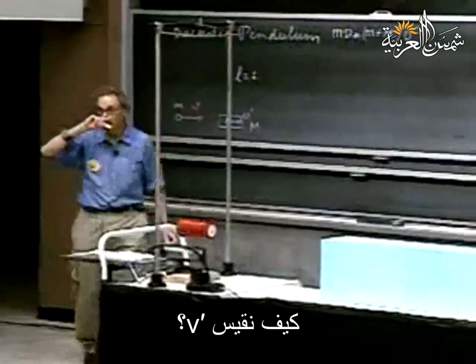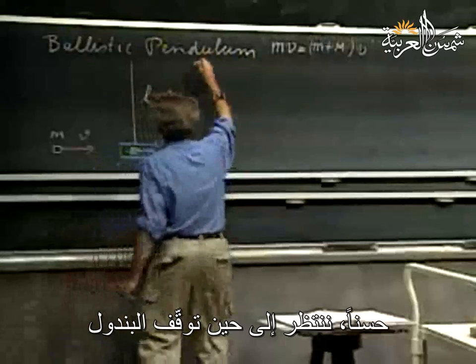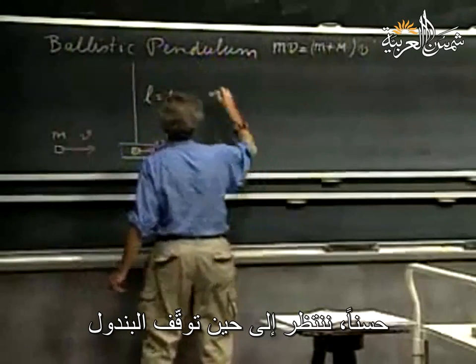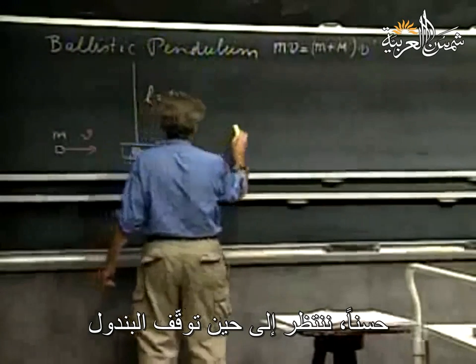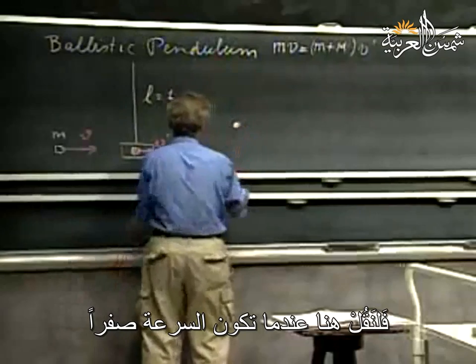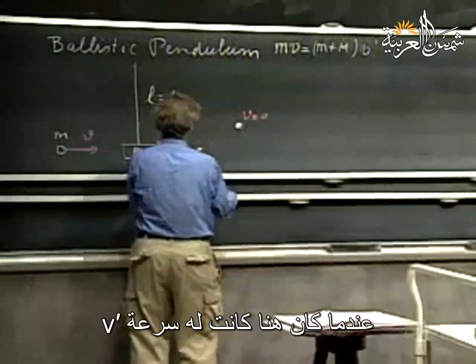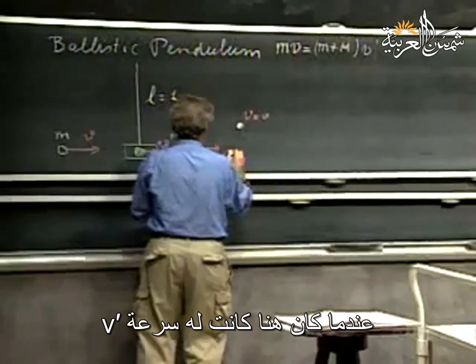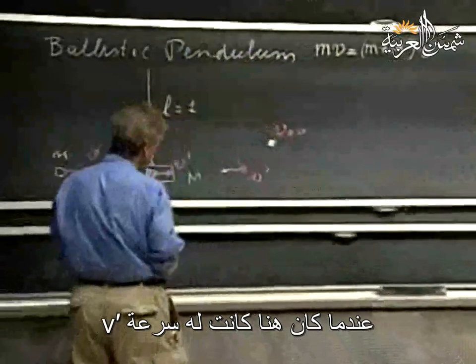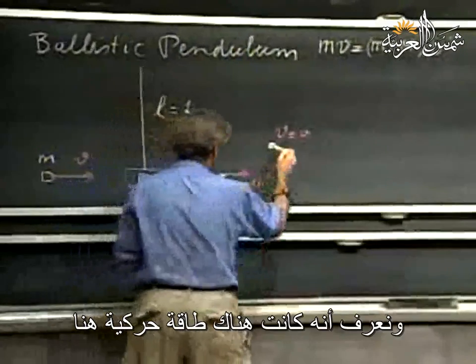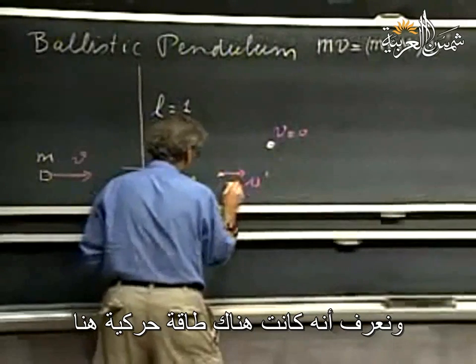How do we measure v prime? Well, we wait for the pendulum to come to a halt, let's say here, when the speed is 0. When it was here, it had a speed v prime, and we know that there was kinetic energy here,